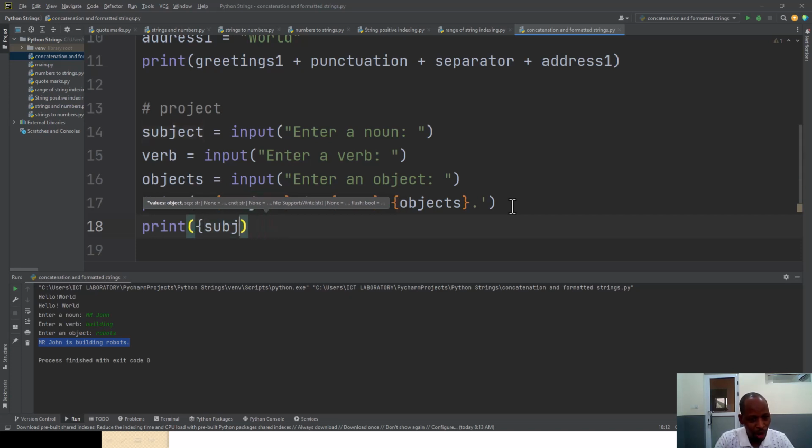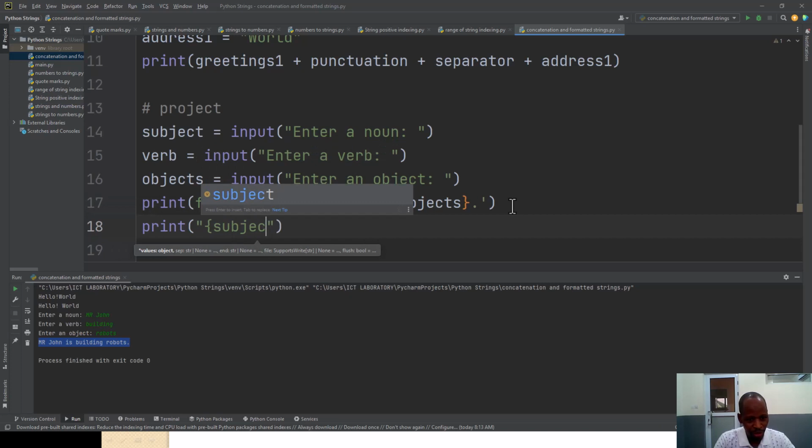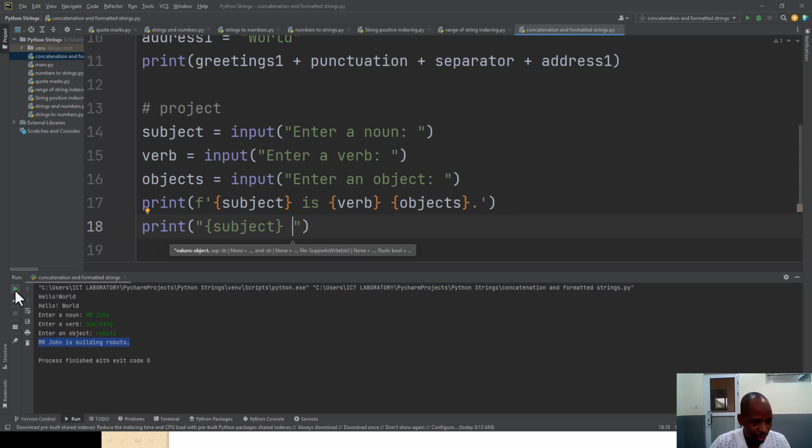Remember, we are printing a string, so I can put my subject here. Sorry. Okay, let me run this and see something. I want to be sure if I'm not getting any